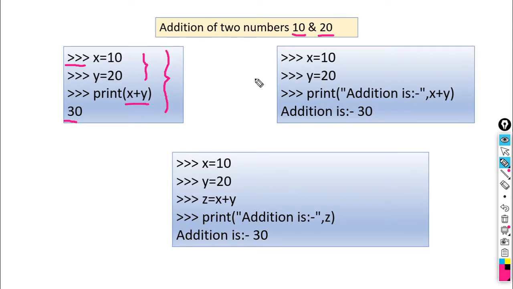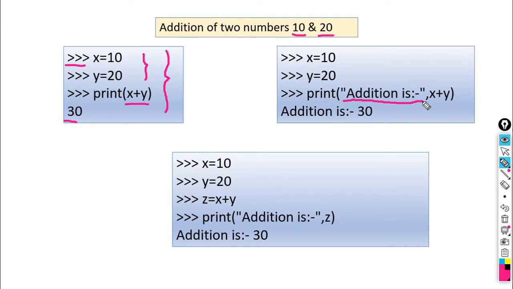Second example: same question, addition of two numbers 10 and 20, but we have written it in another way. Again 10 is stored to the variable x, 20 is stored to the variable y, because these two are input. And we have written the print statement like this: print, some text, addition is.